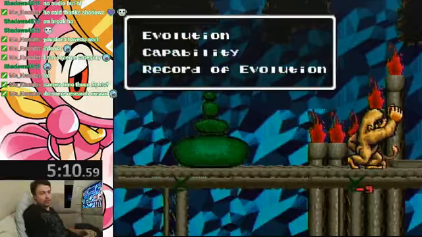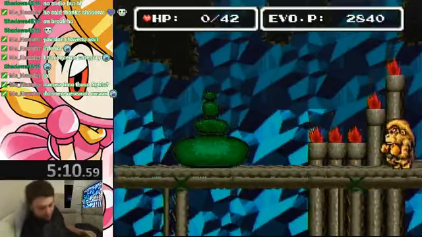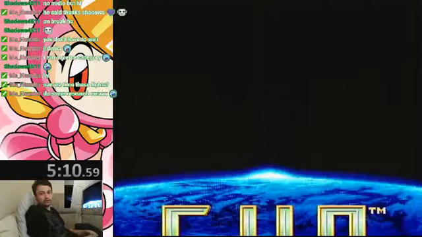See, that's the problem with that now. I think you need to jump on him. I think that's the strat, is you need to jump on him. And then you need to go on the right, and then he'll do the same thing, but...